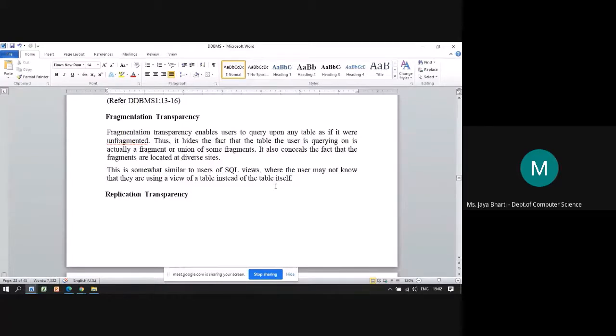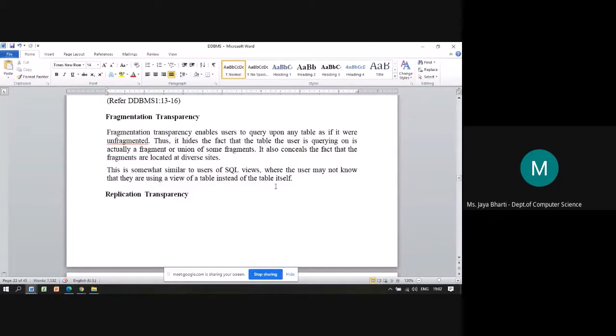Fragmentation transparency enables the users to query upon any table as if it were unfragmented. The transaction should happen so efficiently that the user will not think that this data has come from 2-3 fragments. He will think it is coming from only a single table.